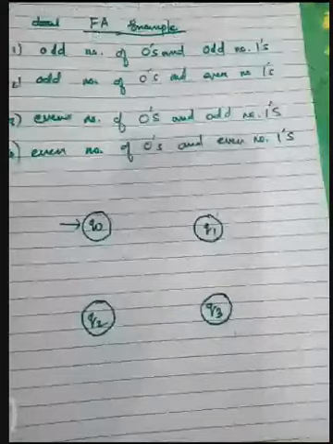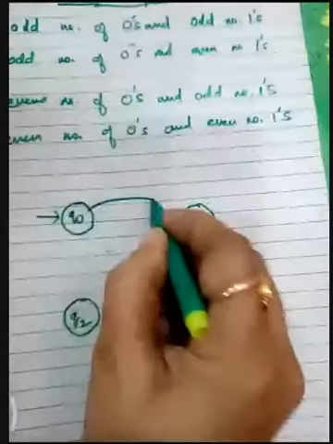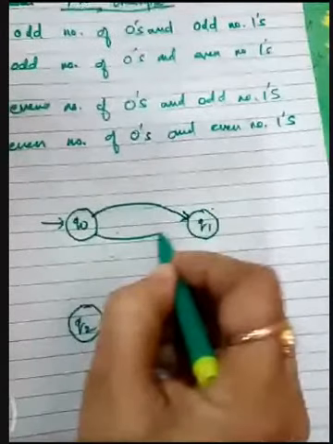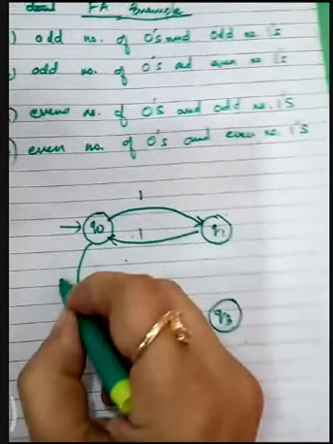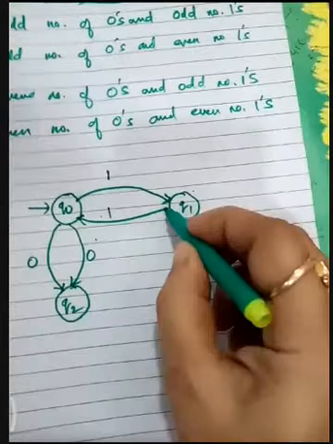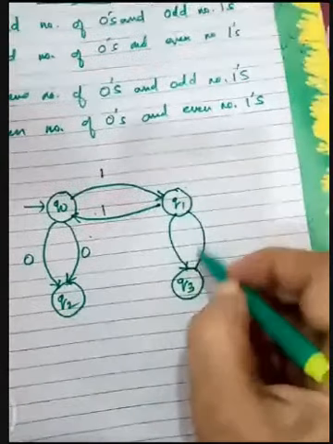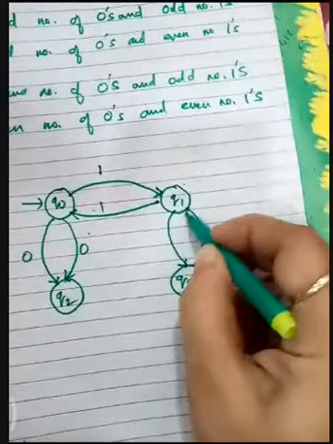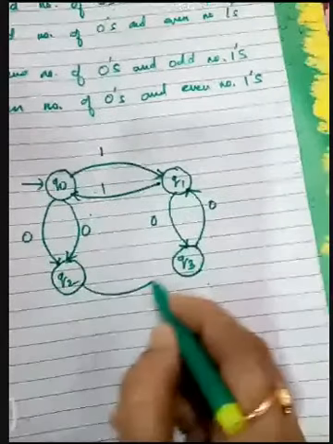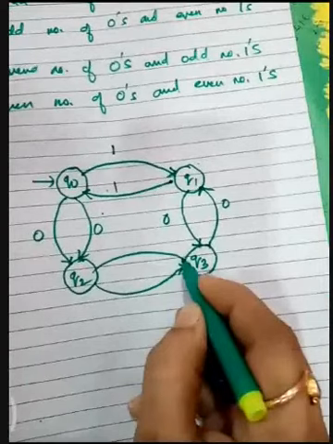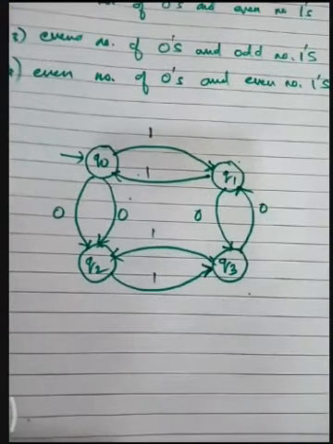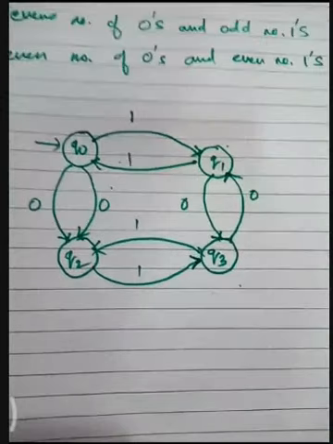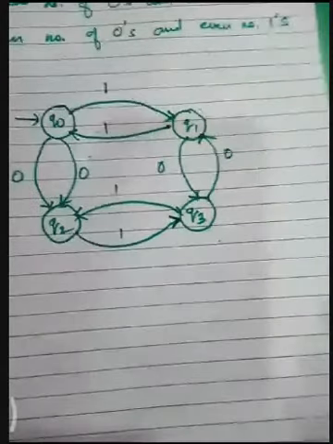Now here, just to draw this, I'll explain to you. It will be the same diagram, only the double circles will be changing for all 4 cases. Otherwise, the diagram will be the same. So what I have drawn is 4 states named Q0, Q1, Q2, Q3, and there will be a transition for all these states.